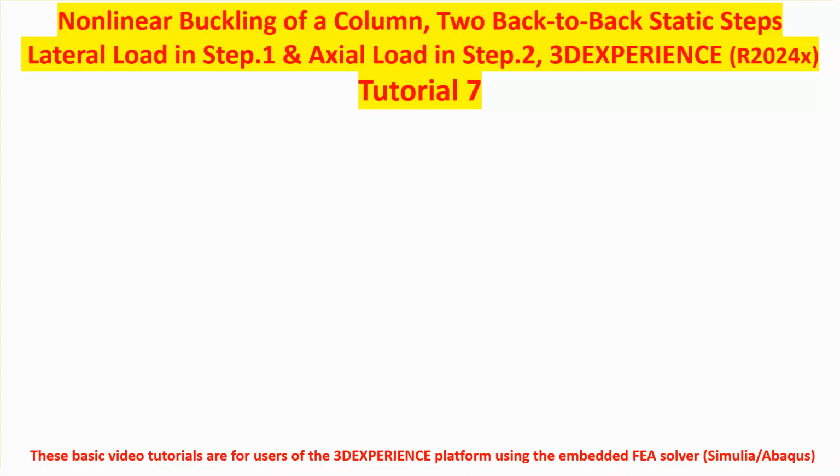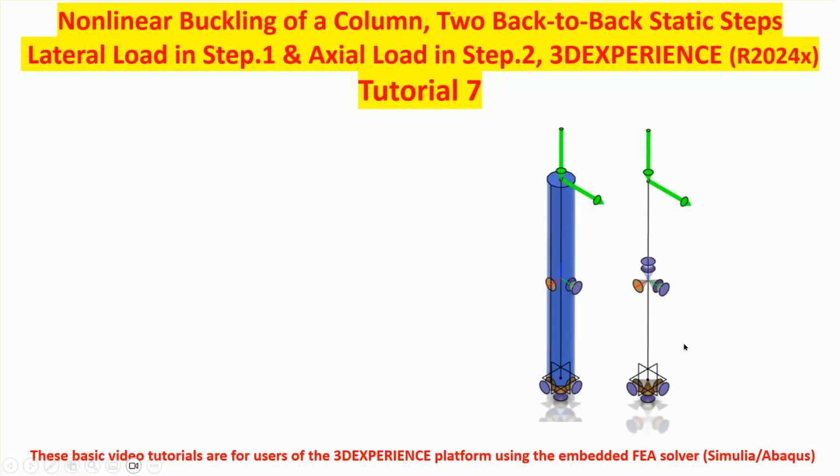In one of them, I'm going to be performing a lateral deflection and to introduce some kind of an imperfection effect, and then axially in the second step, compressing it. Now, the problem that we did was right here, and for simplicity, I'm assuming that this is a column with